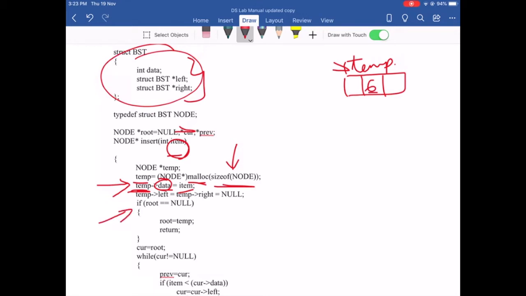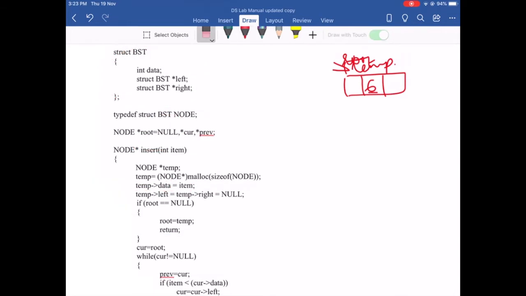If root equal to null, this condition is true because the root was initialized as null. Since the root value is null, the node that got created now becomes the root node. This is how you create the root node. You don't need to check anything else because there are no child nodes. This is the first element that got inserted, so you stop by calling return.